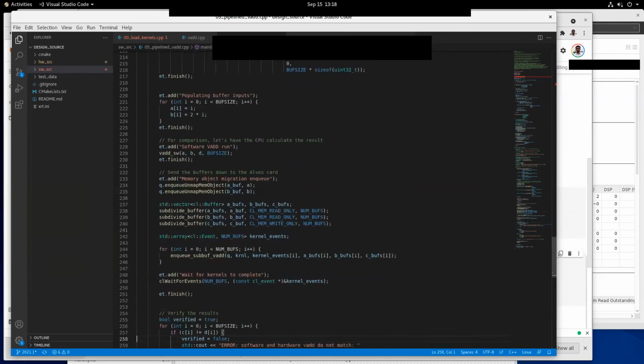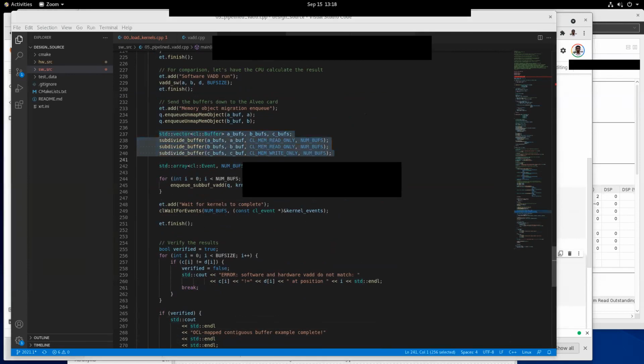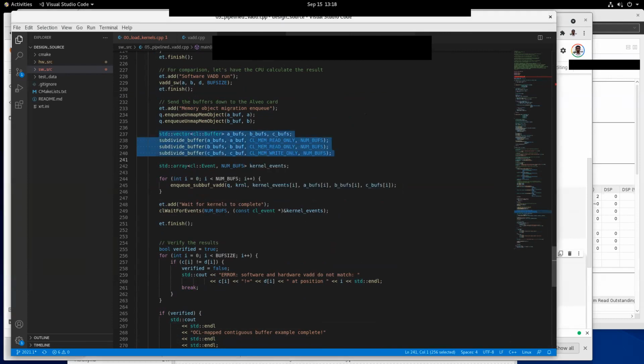What I would like you to focus on here is line numbers 237 to 240. Here, we are taking this A underscore buff, B underscore buff, C underscore buffs.